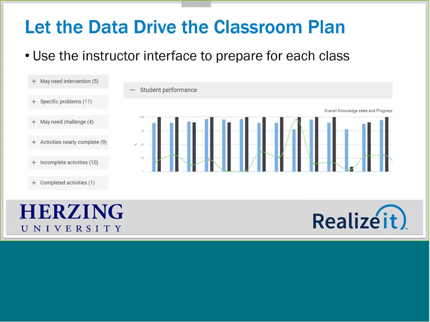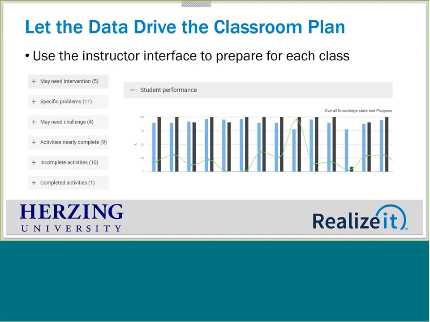So the next key to this transition is letting the data drive the classroom plan. One of the great things about the adaptive learning platform is it offers information to the student at the most granular level of content. So what you see on my slide here is one learning map, or one week's worth of content, for example. And those bars that you see in the bar graph are showing the amount of topics that the student has worked on, their mastery level, and the green line shows you how much time they've spent engaging. So those are really important as you're planning your class because you know where your students are at. You can see their progress.